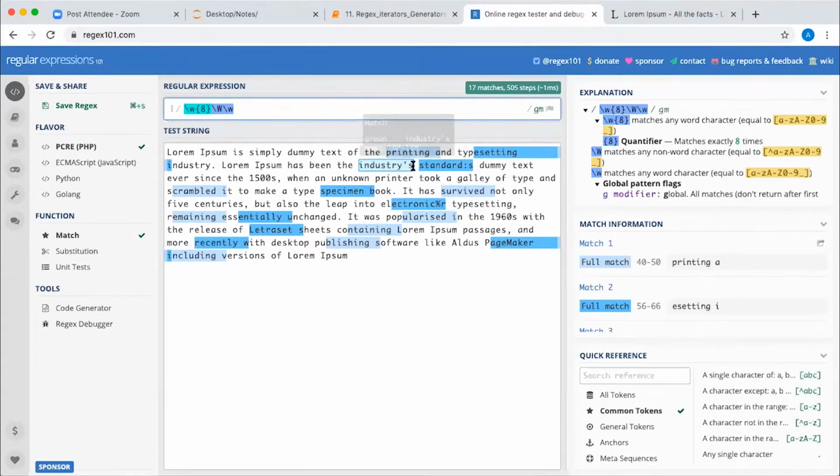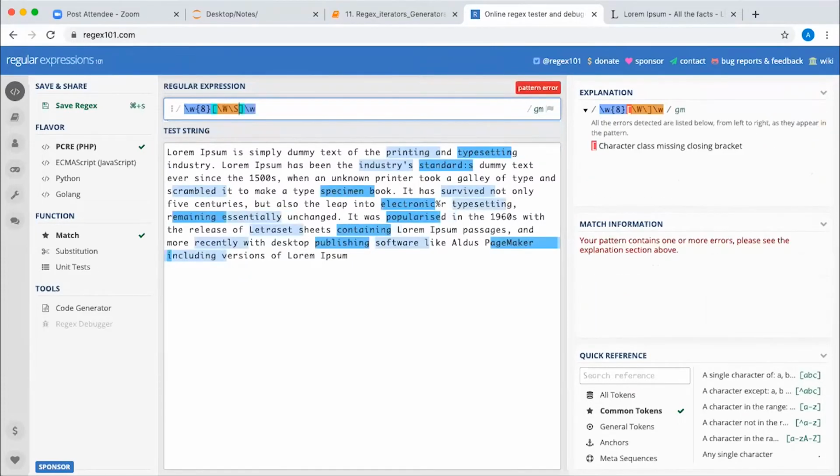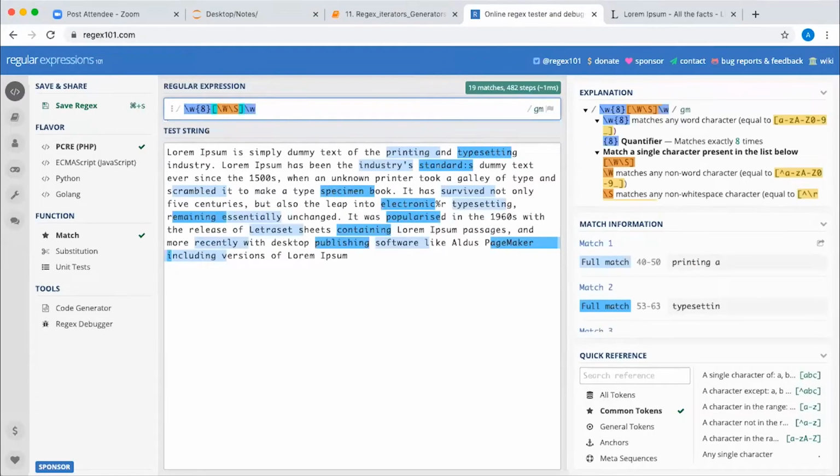So basically, you want the special character to be included. Let me first include that, and then we'll be coming to that. So backslash W. Here I will be writing backslash W. Can we go backslash capital S?